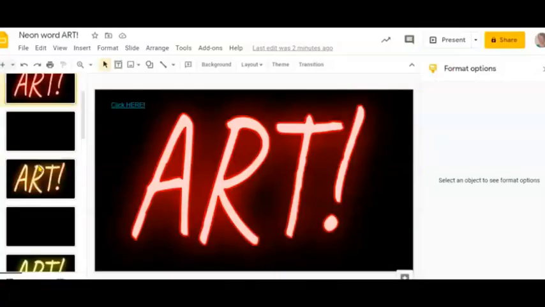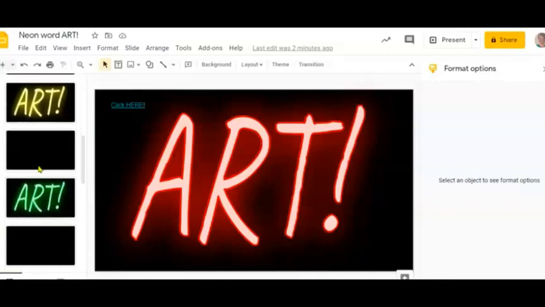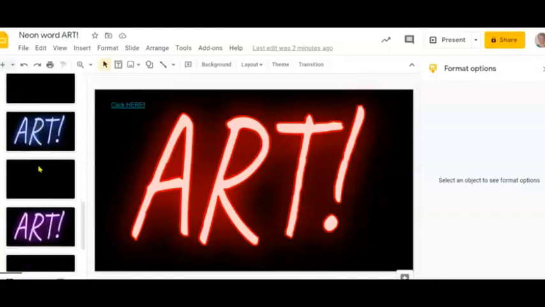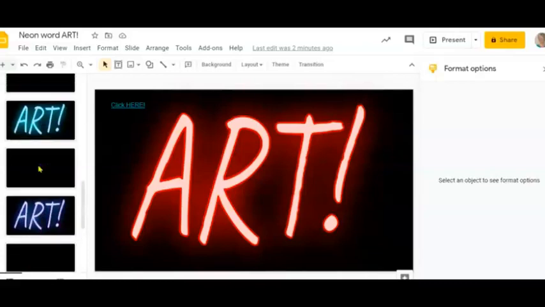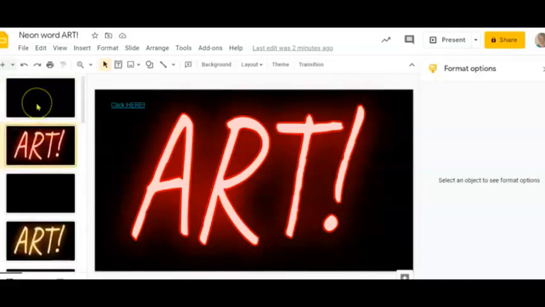Today, you are going to learn how to take your name or a positive message and turn it into a flashing neon sign using Google Slides. Here's what the Google Slides look like. There is a black slide between each word, so when it's animated, it looks like a flashing neon sign that